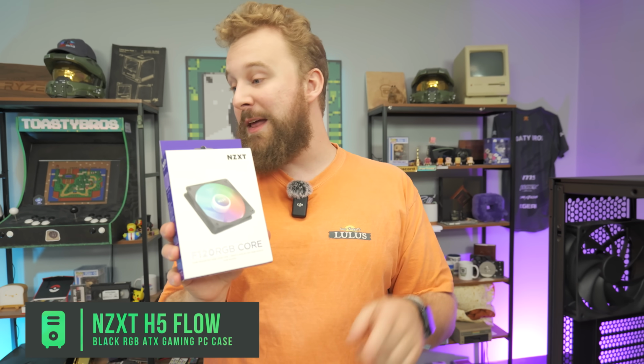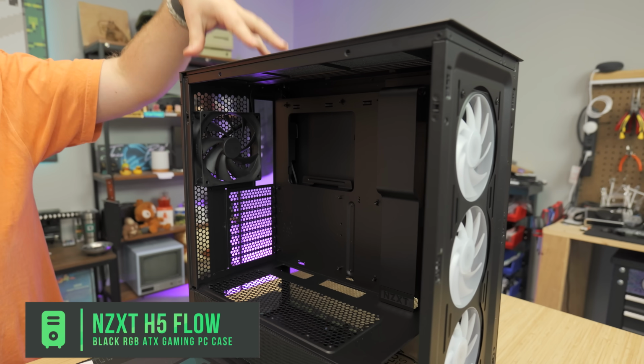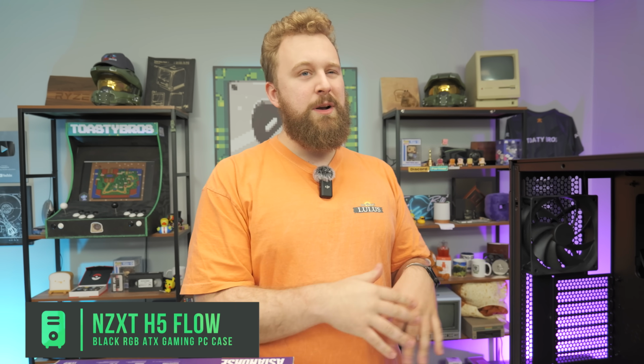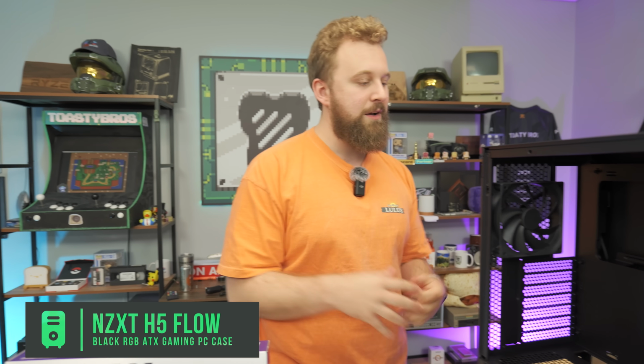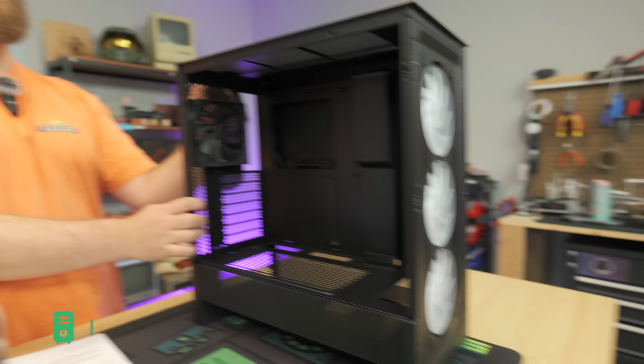That'll go in the back here, but then with the AIO being the 240 Core Elite RGB setup, it's gonna look really nice up here because it supports a 240 mil very nicely. And with that RGB, it comes at a pretty respectable price point of $190. 19 bucks. And yeah, we love NZXT builds. This one is nice and compact, and for the amount of power putting in this thing,